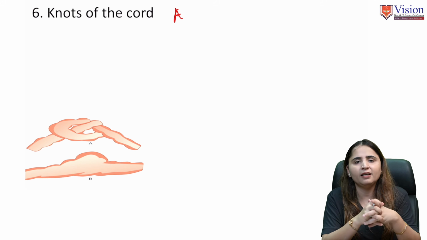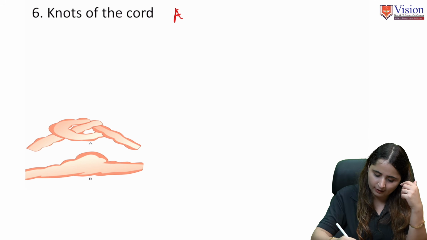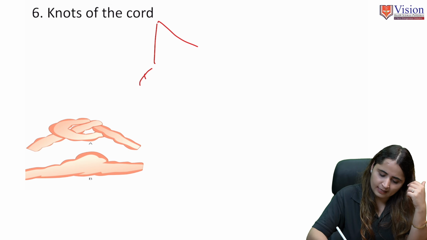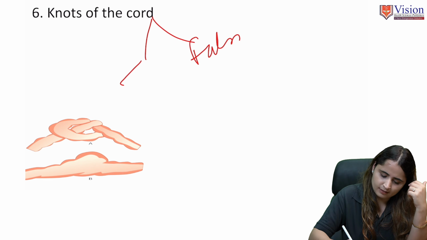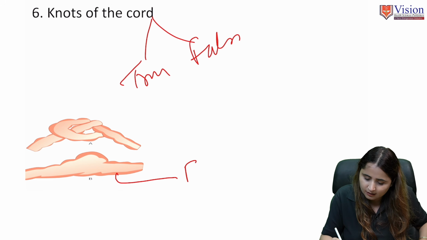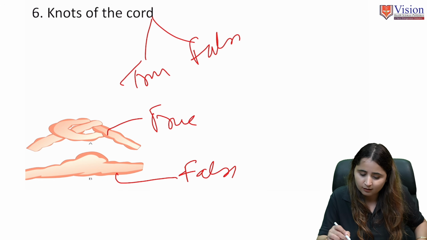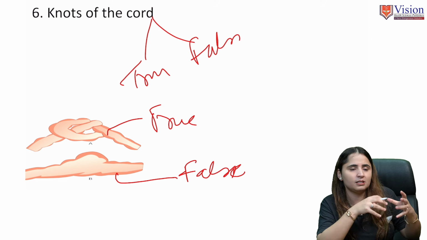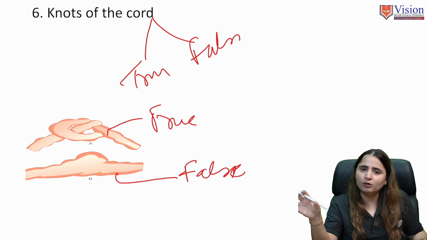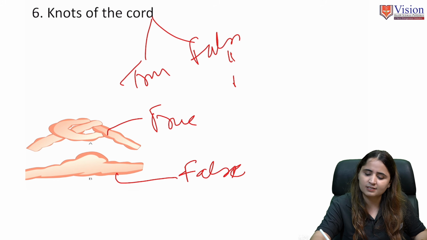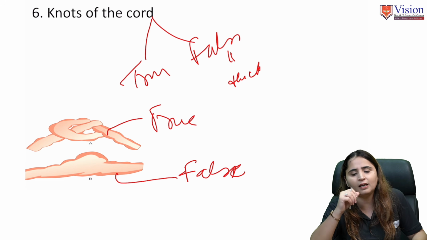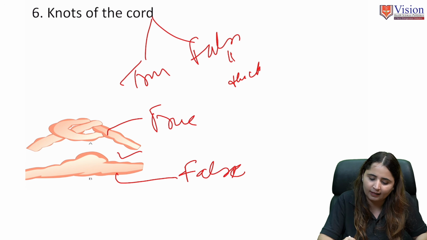Now the last abnormality of the umbilical cord is knots. There are two kinds of knots: the first is false, and the second is true. In this diagram, this is the false knot and this one is a true umbilical knot. It is clear from the name. False means that on ultrasonography it appeared that there was a knot in the baby's umbilical cord, but on delivery we found it was just a thickening of the placental membranes. That thickening made us think it was a knot, as you can see in this diagram. And the second one is a true umbilical cord knot.